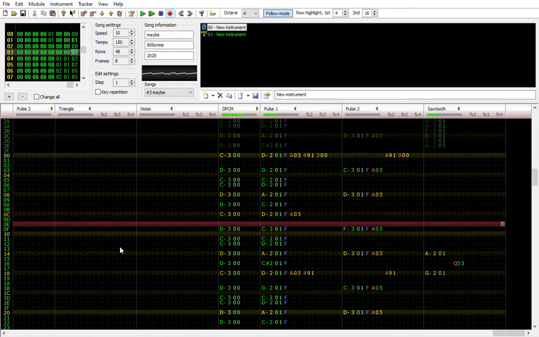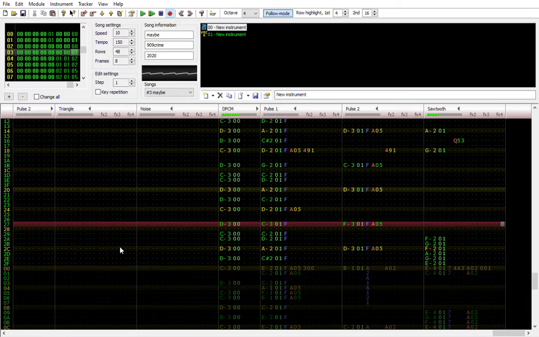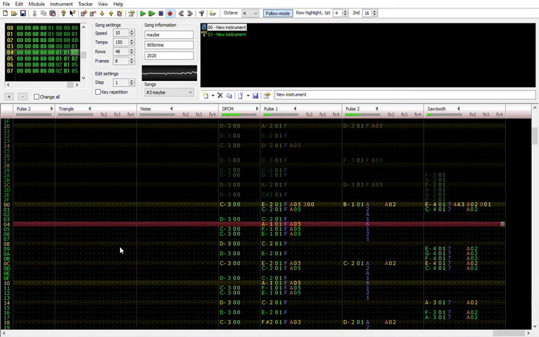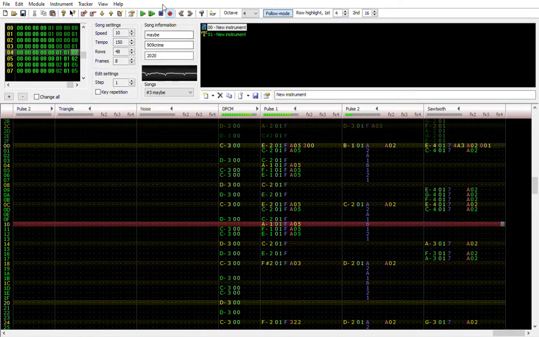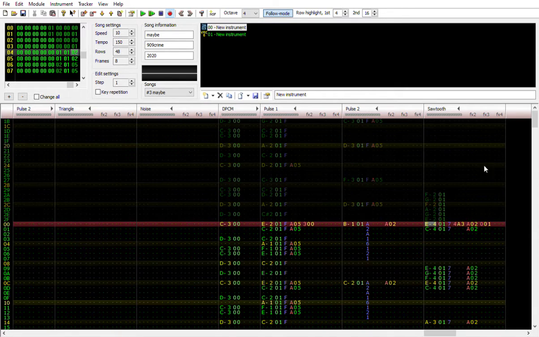Now this part coming up is where we have a new effect that I haven't talked about yet. It's called the arpeggiator. Now, what's this? This is the arpeggiator, right? And what it does is it's the effect 0. And what 0 does, I have my piano. I don't know if you can hear it, but I've just